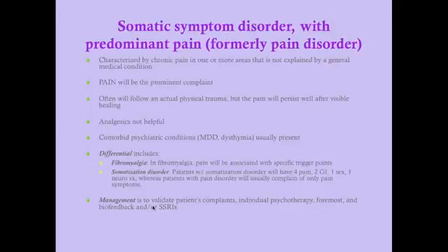So the management is to validate the patient's complaints, because pain is indeed subjective, so it's not up to us to tell them that they're in pain or not in pain. We'll do individual psychotherapy foremost, and then we can also do biofeedback or SSRIs. What we don't want to do is give this patient continuous analgesics. Remember that if analgesics are not helpful, we don't want to keep throwing them at these patients. There's risk for dependency. There's other side effects, constipation, to being on opioid analgesics. So we don't want these patients on something that's not going to help them. At the same time, we do want to validate their complaints, and we send them off in a direction that's more likely to help them.